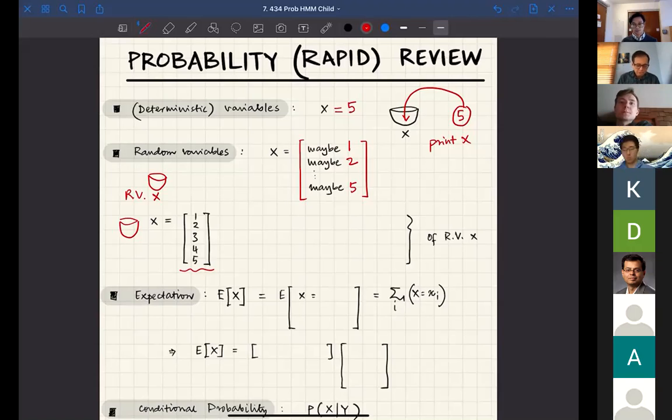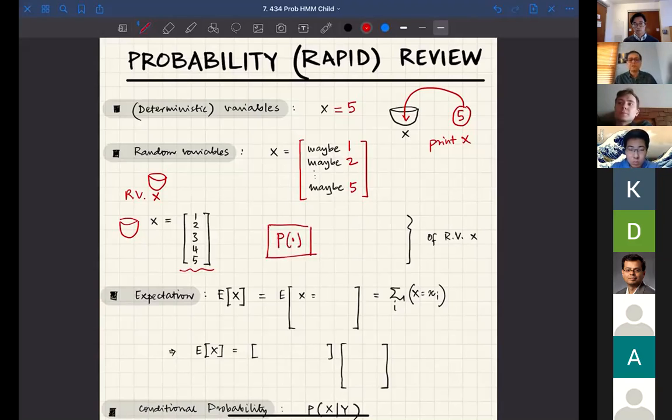Okay. So now you say, okay, x can take 1, 2, 3, 4, 5, but then which one does it take? Or with what probability? Is it all equal? X can take 1, 2, 3, 4, 5 with equal chance or different chance? Say, okay, there's someone else who's going to tell me that. Who's going to tell me that? Let's say there's a box.